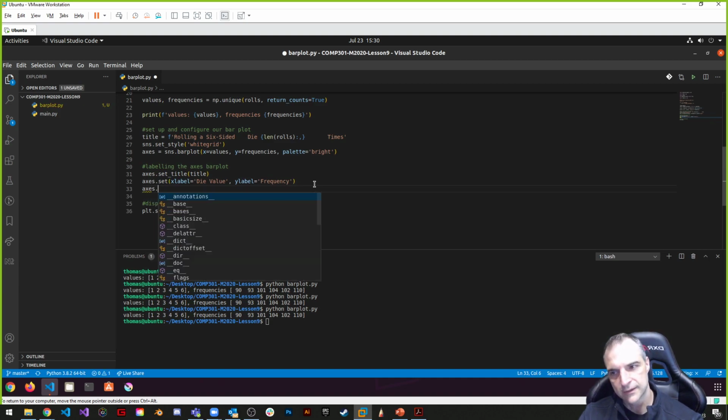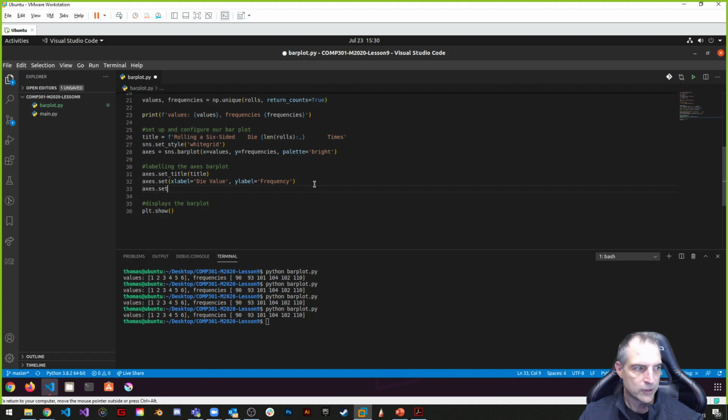So axes dot set Y lim, and inside set Y lim, we're going to put in our top. That's an option. Top is going to be max frequencies, the maximum of the frequencies, and we're going to multiply it by